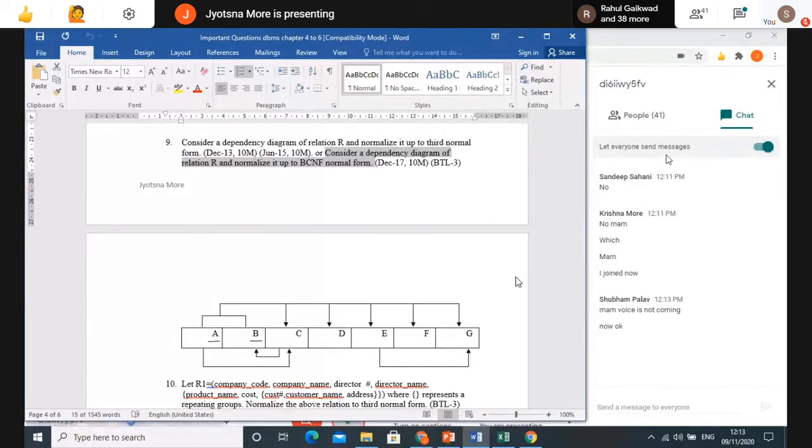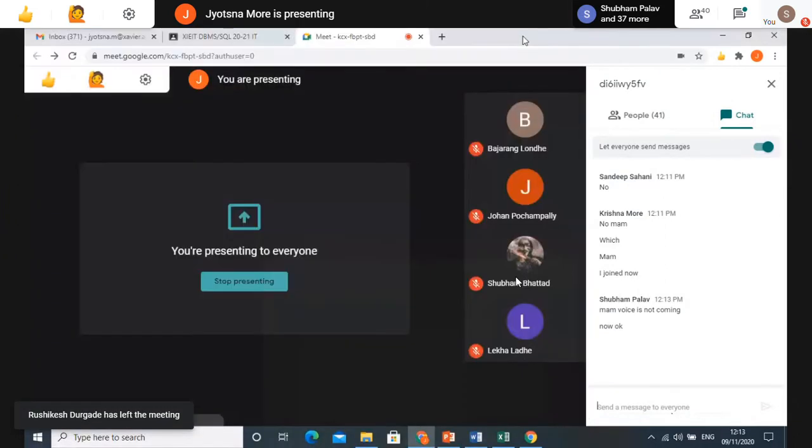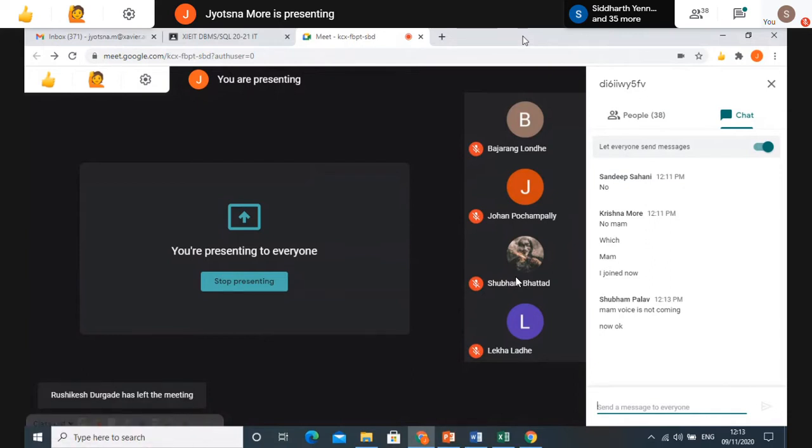So I hope everyone has copied the question. So we'll go ahead now. What you have to do first, I will ask you to go stepwise in your notebook and you will solve it. Later on, I will ask one by one question based on the steps which we are going to do today, so that I'll come to know whether you understood and you can do it or not. Fine. So first step, all of you write down the candidate key present in the dependency diagram.